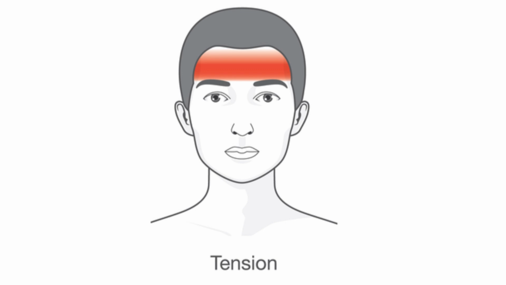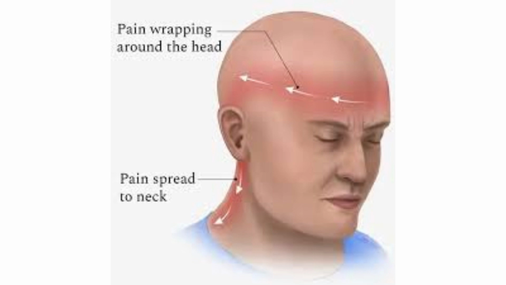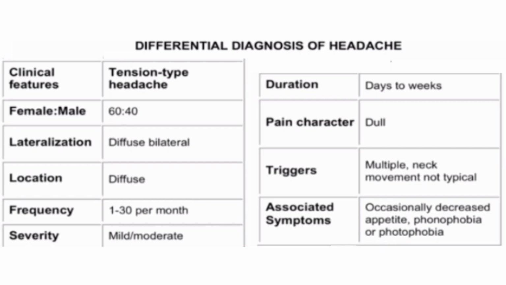The pain from a tension headache is typically described as a constant dull ache or a squeezing sensation around the head, often likened to a tight headband. While they usually don't come with nausea or vomiting, like migraines, they can cause sensitivity to light and sound. If left untreated, tension headaches can become more frequent and persistent, significantly affecting the ability to concentrate and carry out everyday activities.